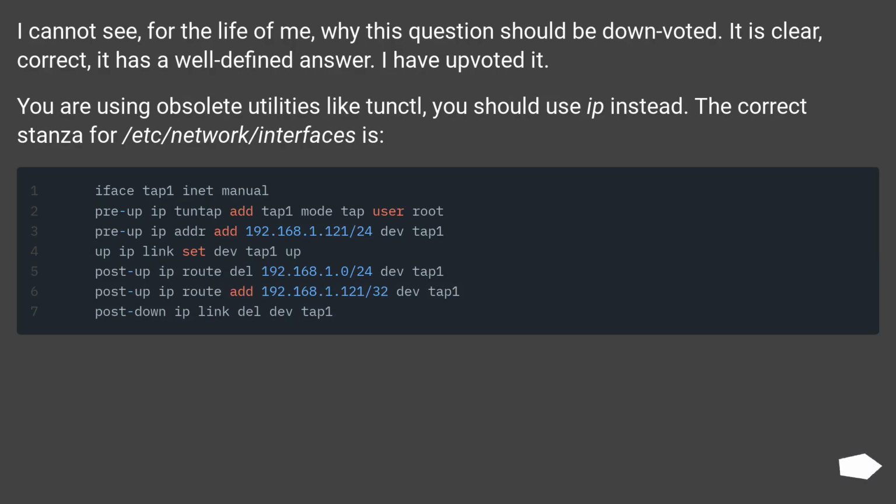I cannot see, for the life of me, why this question should be downvoted. It is clear, correct, and it has a well-defined answer. I have upvoted it. You are using obsolete utilities like tunctl, you should use ip instead. The correct stanza for /etc/network/interfaces is